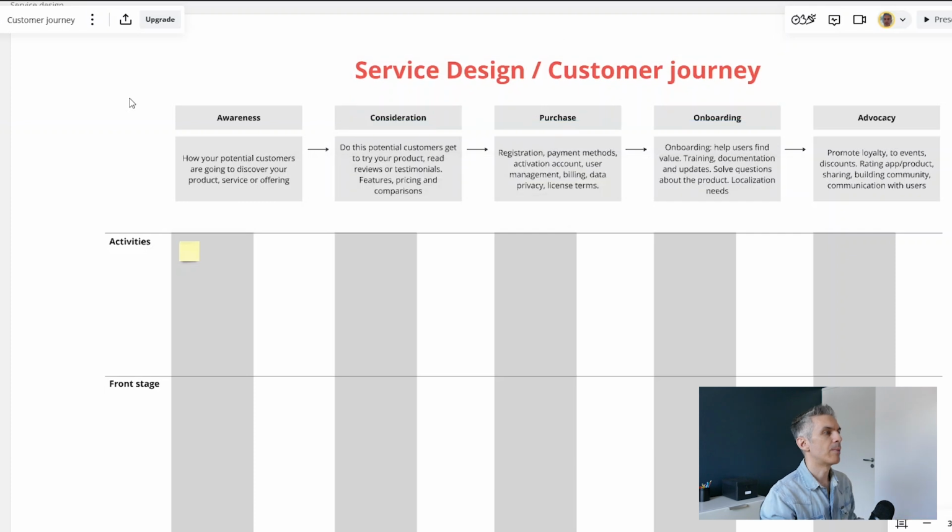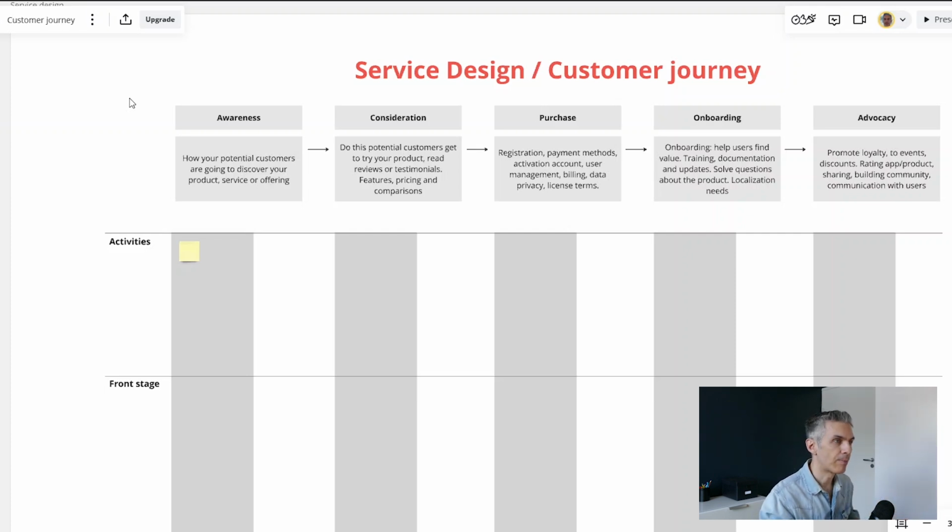And here we have 5 main stages. They can be renamed in different ways, but the stages are: first, we want to create awareness. We want to make sure that people are able to find out about our products. The second is that once they have found out about us, we have to help them consider our products. We have to help them understand the value proposition of the products that we have created. The next one is that once they have found the value, potentially they want to purchase. What are the activities, or the content that we create, that help them go through that